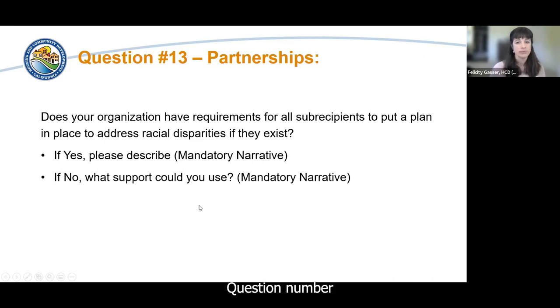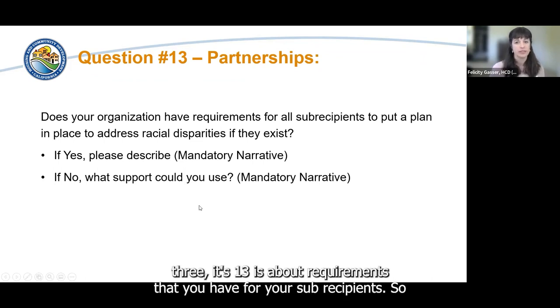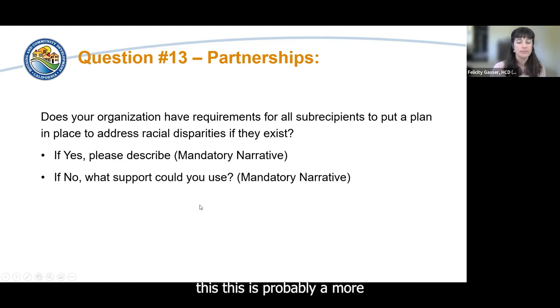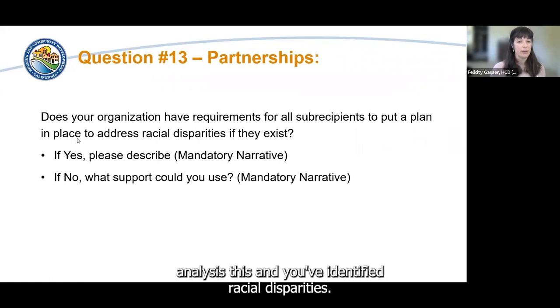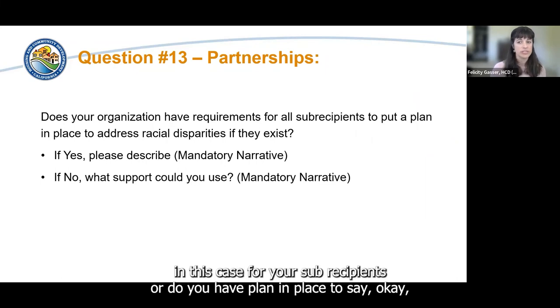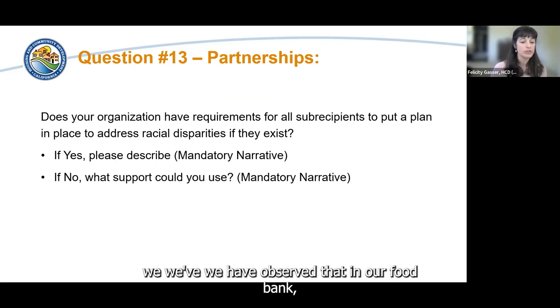Okay, and then question number 13 is about requirements that you have for your subrecipients. So this is probably a more advanced question. So if in fact you have done a racial equity analysis and you've identified racial disparities, are you then putting in place a plan, in this case for your subrecipients? So do you have a plan in place to say, okay, we have observed that in our food bank,